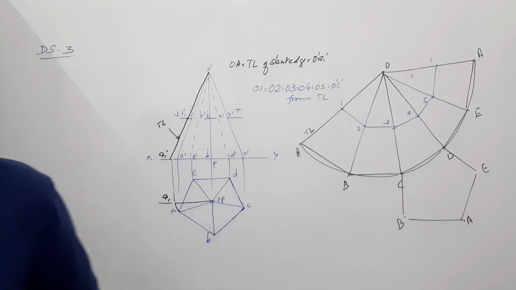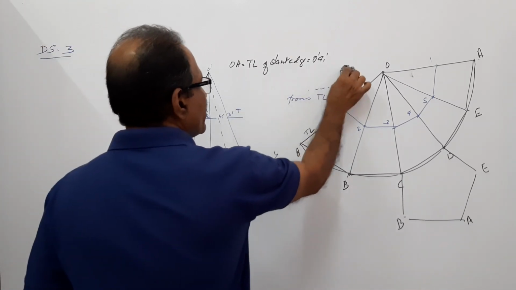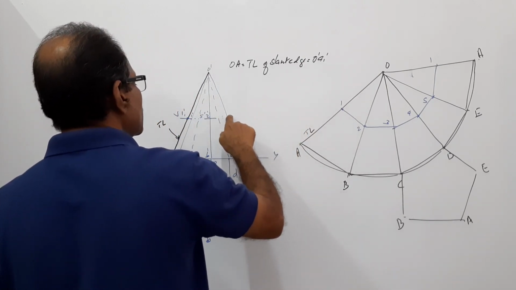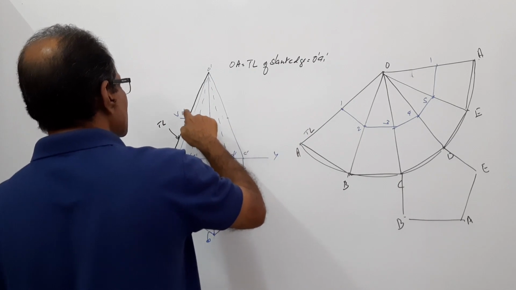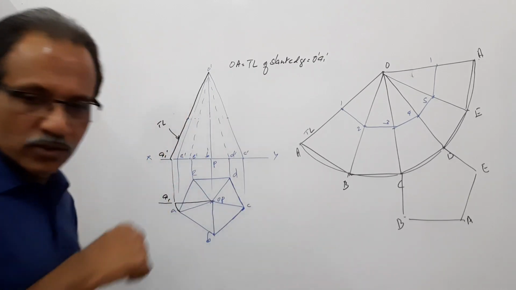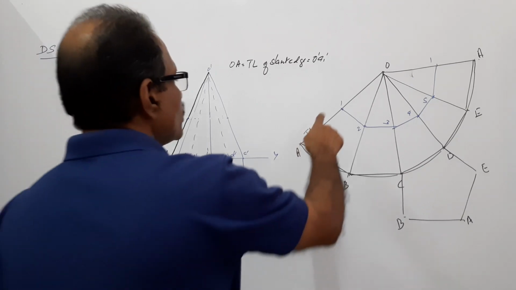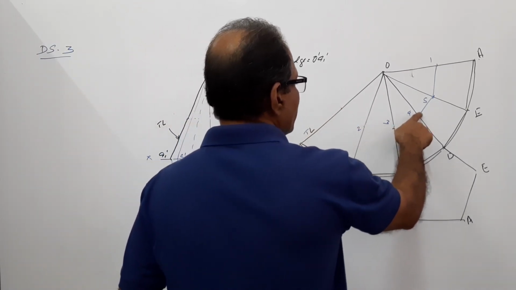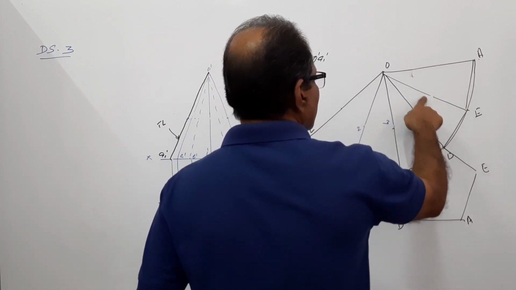But when you come to the second cutting plane, I am erasing this. Where is it? It is passing through the center of the axis, that is, bisecting the axis, making 40 degrees to HP. So what do you do? You have to draw the cutting plane in the elevation.